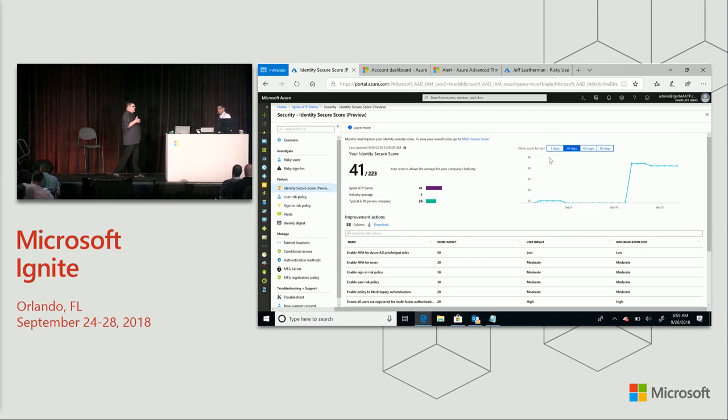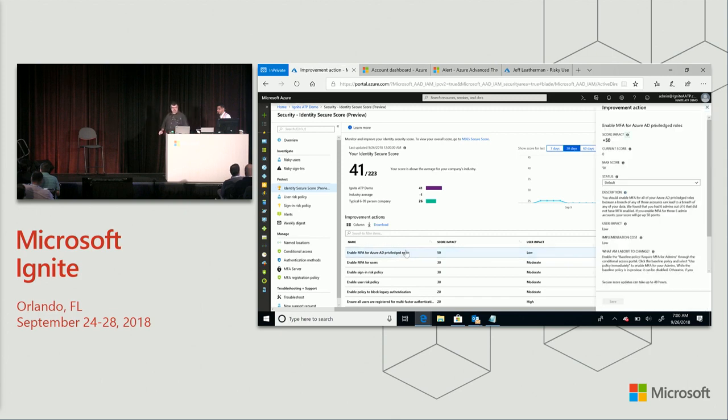Identity Secure Score is essentially a scorecard of how you're doing versus what we're seeing as the best possible security posture. It gives you a to-do list that's prioritized and hopefully easy to execute. An example of doing that: from the Identity Secure Score view, the top thing is, oh look, enable MFA for Azure AD privileged roles. So here I am. If I click on that, I get